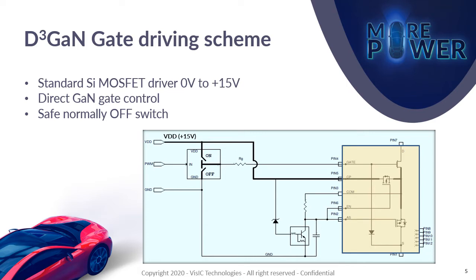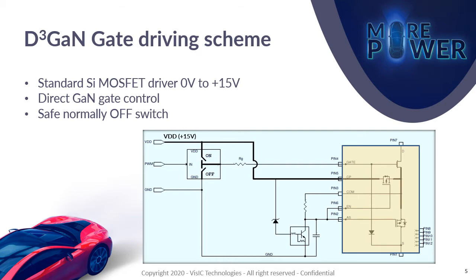blocks the entire voltage. However, when auxiliary 15 volts are applied, the silicon devices are turned on and remain in on state during the entire operation of the switch. As such, they do not add any switching losses and act as very low ohmic resistors. If the auxiliary gate voltage fails or the system is turned off, the switch turns into a normally off device,